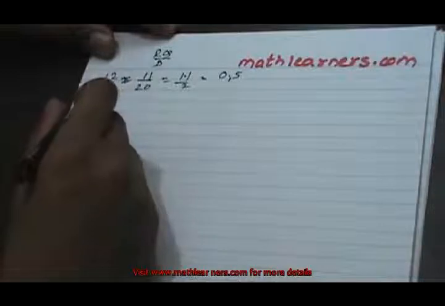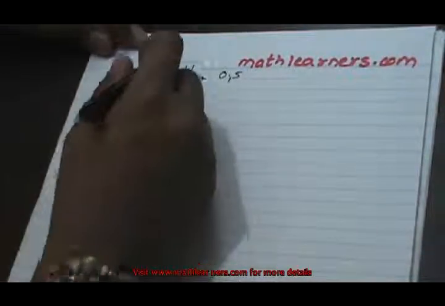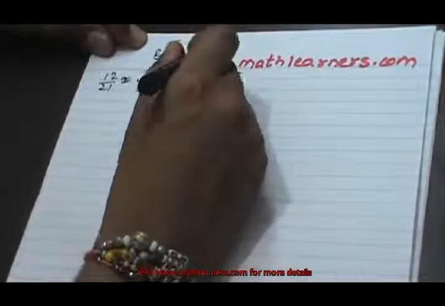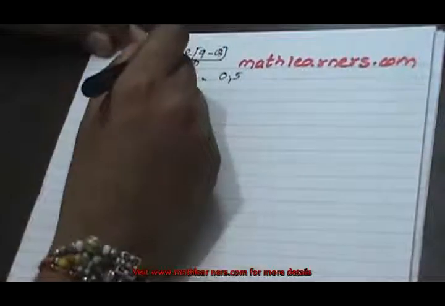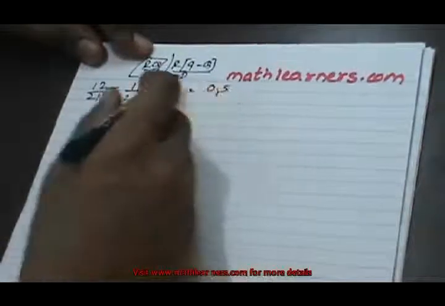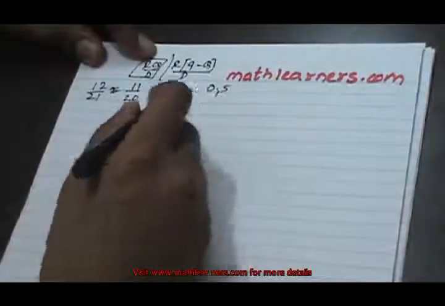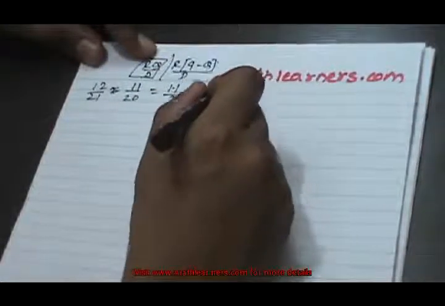But from now onwards, whenever we have the denominator ending with 1, 2, 3, 4, we will subtract the quotient from 9, and then that will be appended by the remainder, and then that will be divided by the divisor. So this 5 will be subtracted from 9, so that comes as 4, and will be appended by remainder 1, so it comes as 14. 14 divided by 2 comes as quotient 7 and remainder 0.